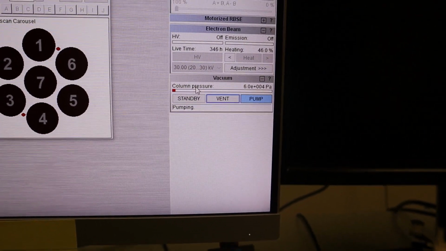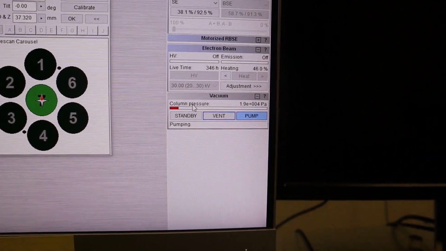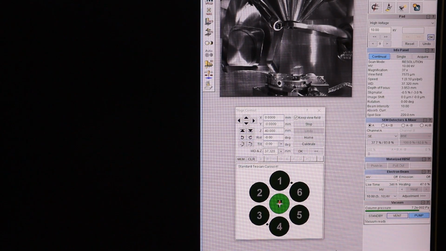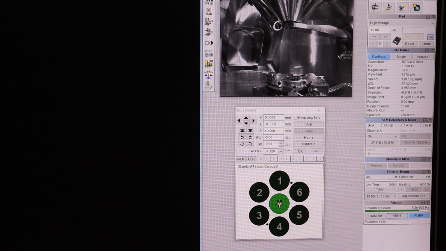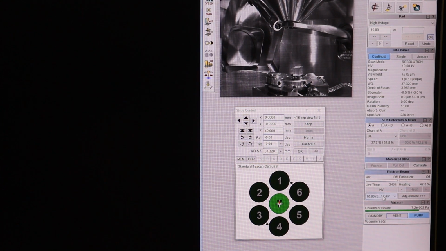Okay, there we go. And this will be finished in 2 to 4 minutes. So we'll come back when that is complete. Alright, once the pressure is low enough, then this bar down here will be green, so we can start the